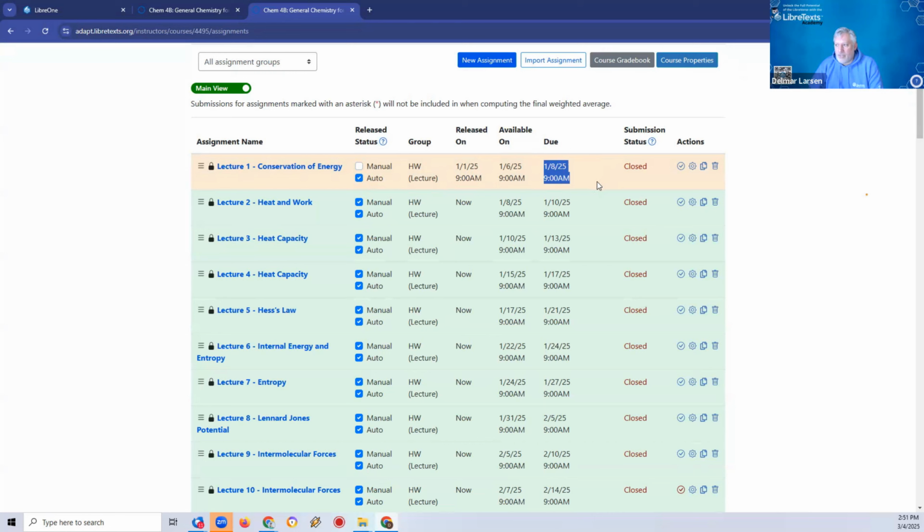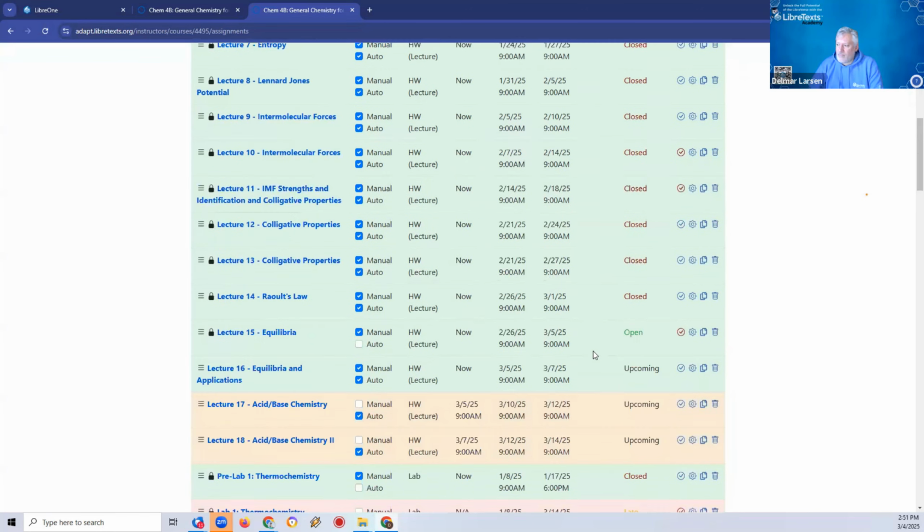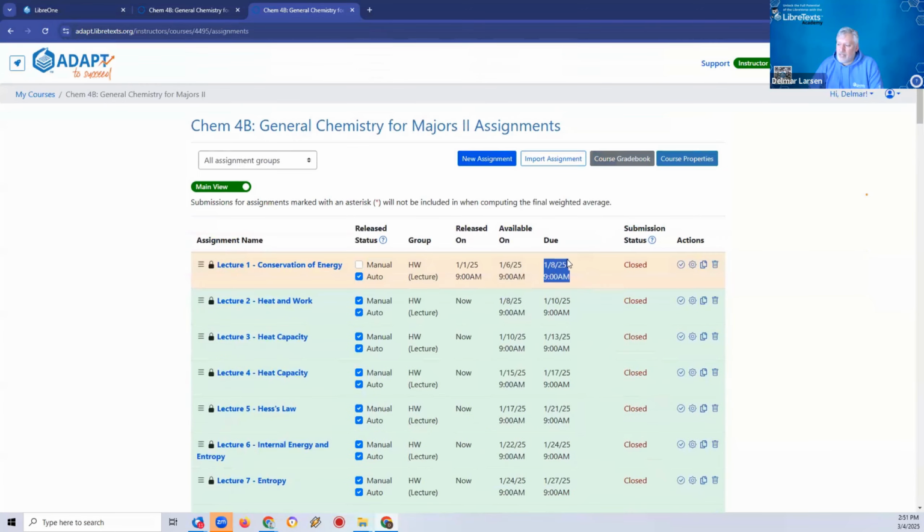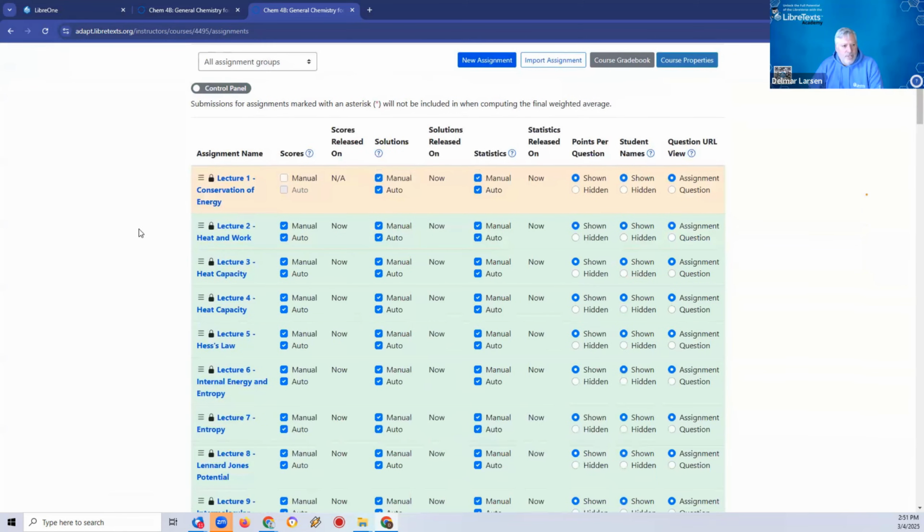When I talk about building assignments later on, there's oftentimes a second due date if you want to have students submit late scores. That is not reflected here, but is reflected when you actually go into it. The auto release will handle this date right here for us automatically. Now that by itself doesn't sound overly impressive, but what is impressive is what I can do with the actual assignment at a later date.